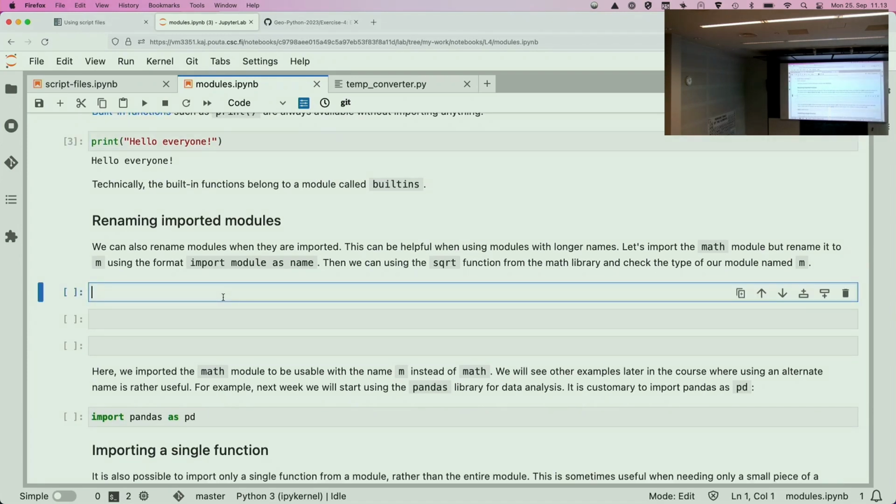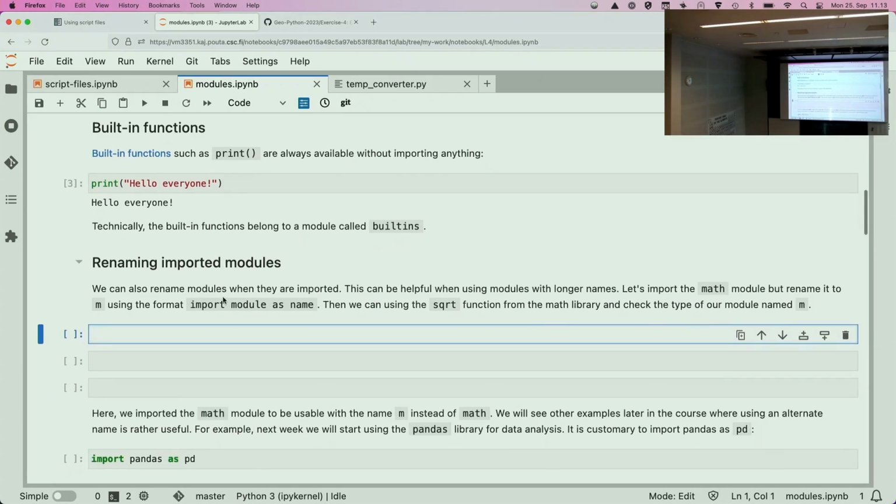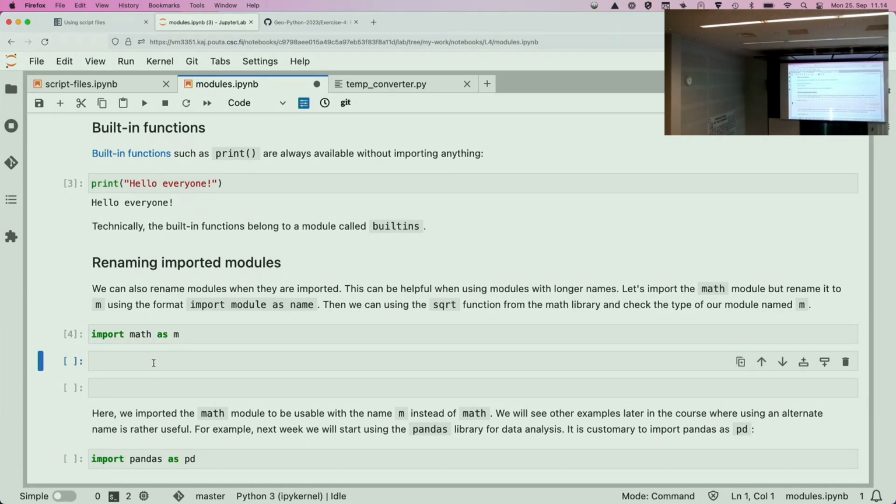And we saw the example with our script files of doing the same kind of thing. If we want to rename a module, sometimes the module names are quite long, so we might want to rename them. So we could have, for instance, import math as m. The math library is not the best example because math is already a fairly short thing to type. If it was called mathematics or something like that, that might be a little more cumbersome. But we can import math as m, and then we can do something like m.sin of,